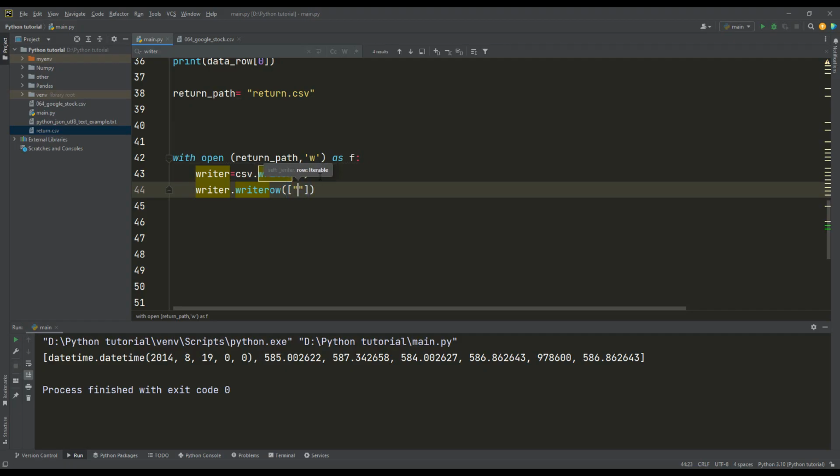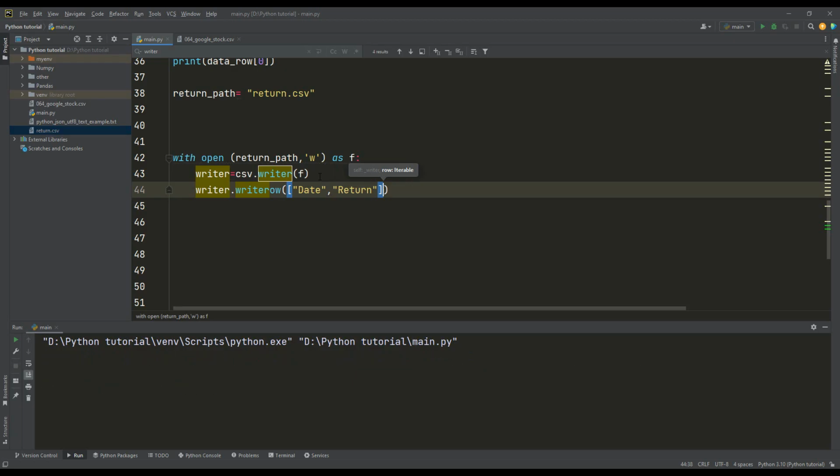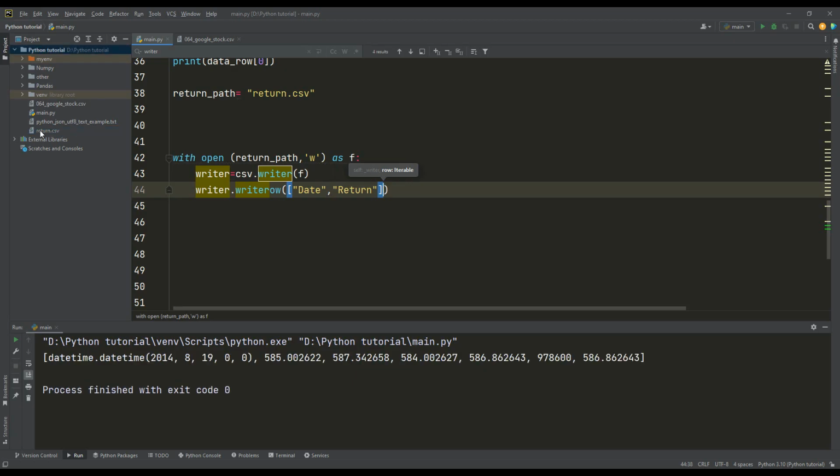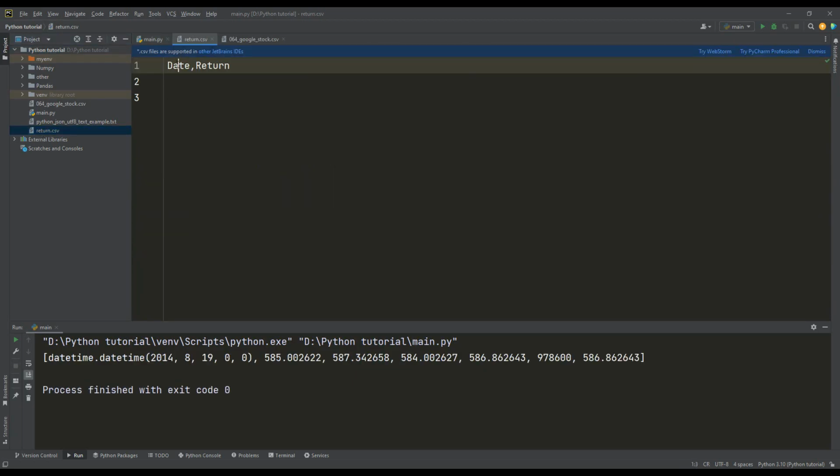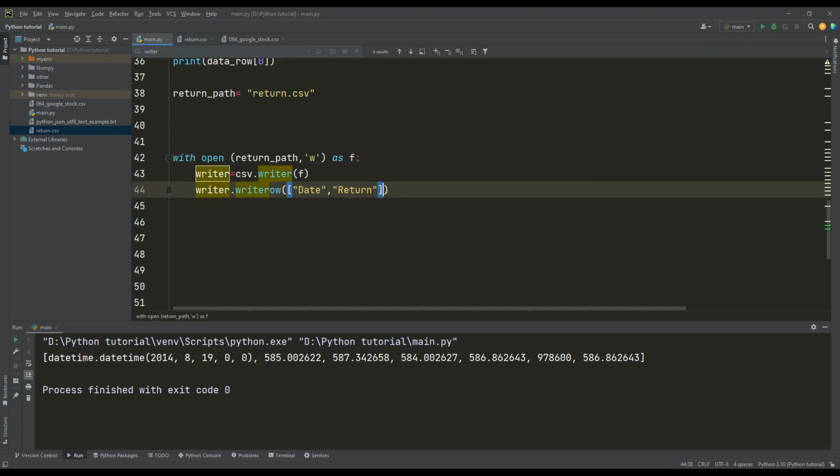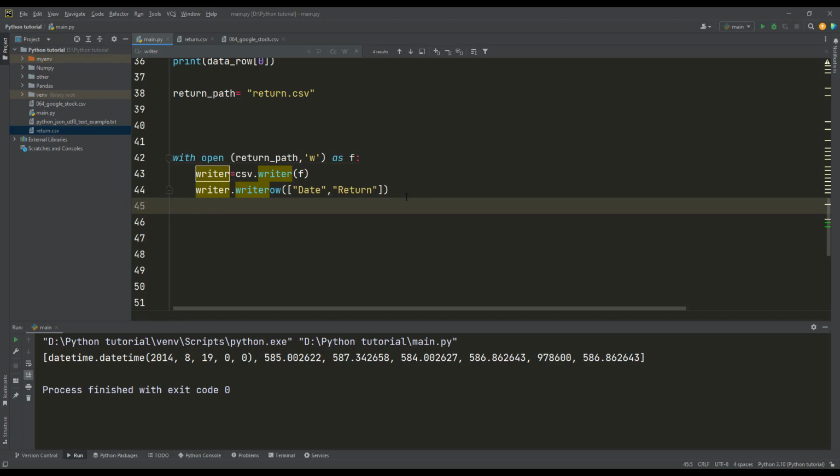Inside this row, I want to add the date, and then a comma. Then I want to add the price here. If I execute this line, then I have no problem. I have returned the CSV. I have the first item, date. Then I have return. Now, what we will do, as I said, is loop